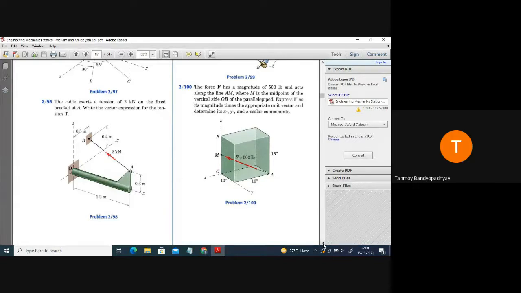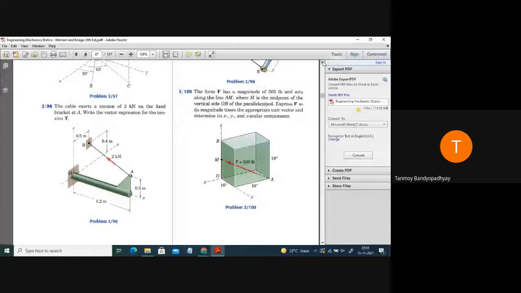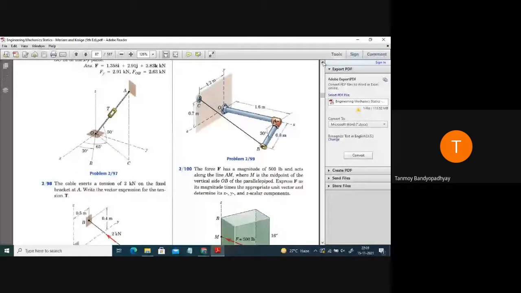Okay. So let's move to the next problem. The next problems are similar, just problem number 298, just express it as a vector. So just as I discussed, you find out the coordinates of the point B, you find out the coordinates of the point A, that will do. The next problem is also similar. In this case, this one is a bit difficult, still I am leaving it for you. So this one is very easy, you just have to find out r cos theta, r sin theta. So just you can do it using r cos theta and r sin theta itself.